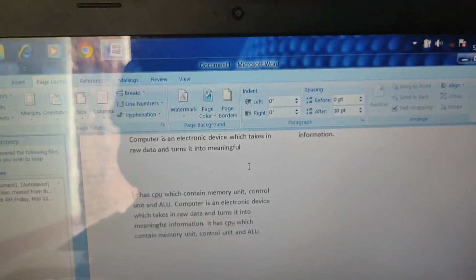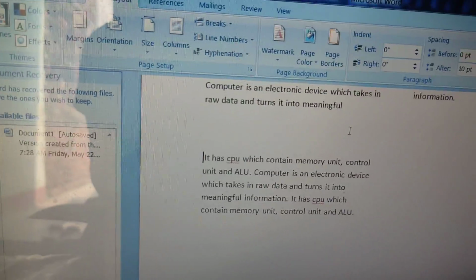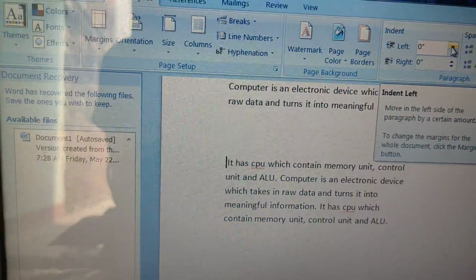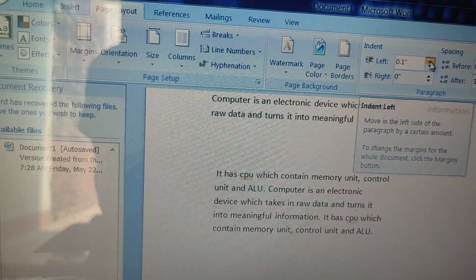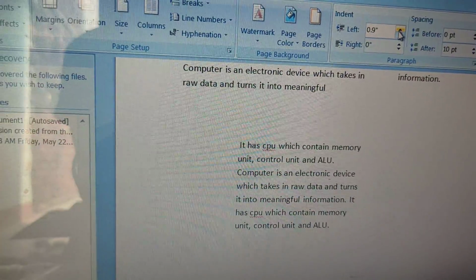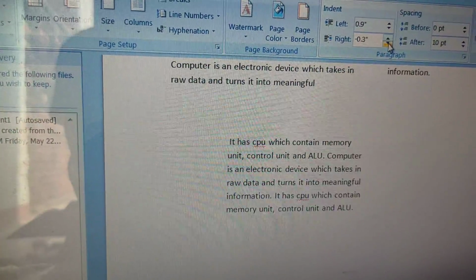The next topic was indent and margin. For indent, indenting means where the cursor is, from there it will keep the space. So you can see indenting, how the indenting is there. Then if you want to give the, just write.